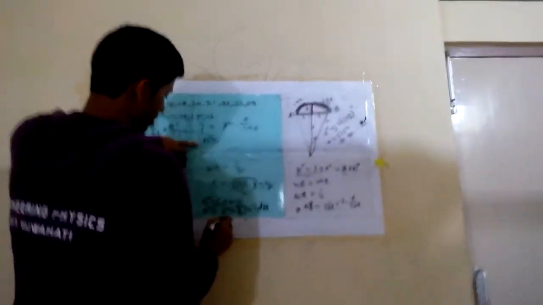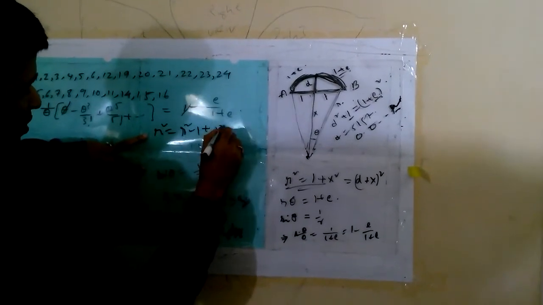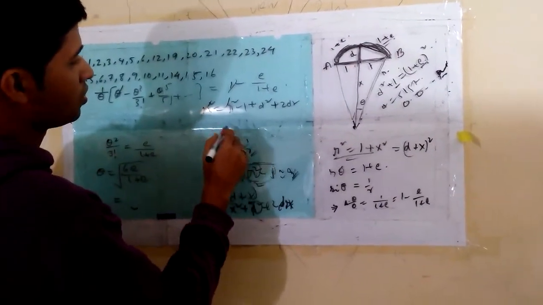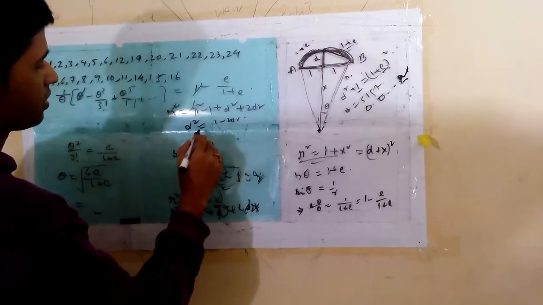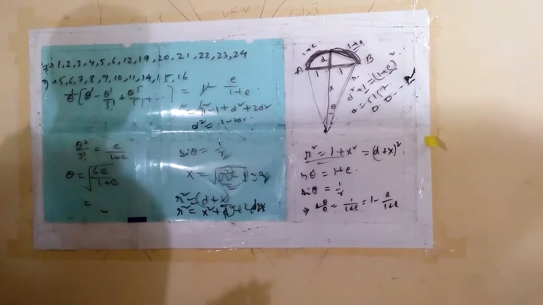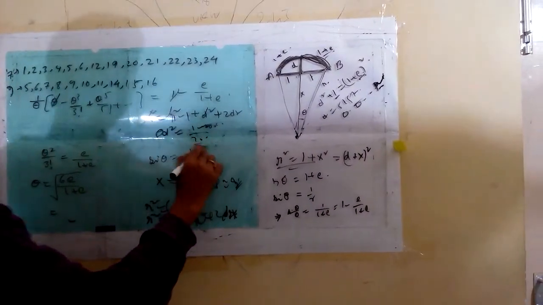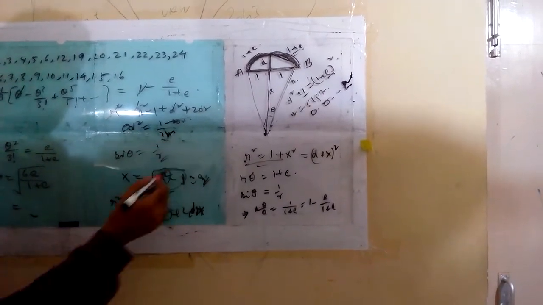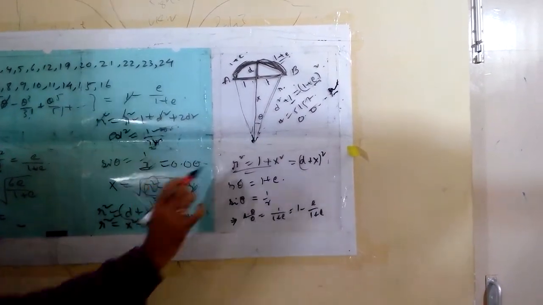Let me do this. r square is equal to x square, which is r square minus 1, plus d square plus 2dr, and r square cancels. So you'll get d square is equal to 1 minus 2dr. Can we neglect d square? Yes, we can neglect d square. So finally d is equal to 1 by 2r. Then what is our r? r we got as 1 by sin theta, so in that case you will get the answer as 0.00 something.